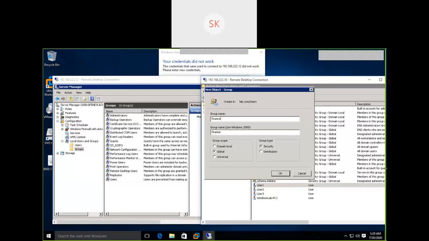It doesn't matter whatever action you are going to select. I am going with global. Leave the default settings for group scope and group type. Okay, group type should be security and group scope should be environment level, whether it is a local site, a global site, or a universal. For each group, there is a scope and there is a boundary, a limitation: how many domain controllers, what sites they can access. Okay, click OK.